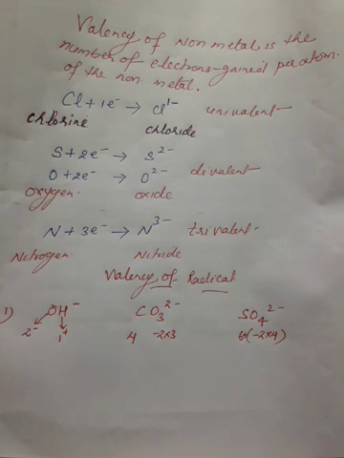So what is the valency of hydroxide? -1. Clear? In the same way, we can take the example of carbonate. Carbon valency is 4. Here carbon is electropositive. Oxygen is more electronegative as compared to carbon. So here carbon valency is taken as electropositive 4+ and oxygen valency is 2-. But how many oxygen atoms are present in this formula? 3. So 2 multiplied by 3 we get -6. So what is the sum of these valencies? 4 plus -6 is equal to 2-. So the valency of carbonate is 2-.